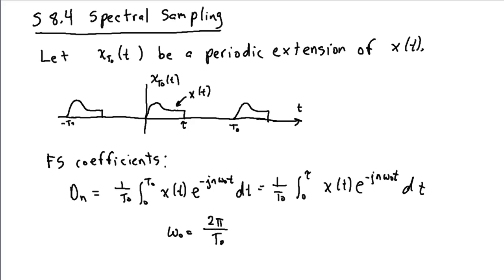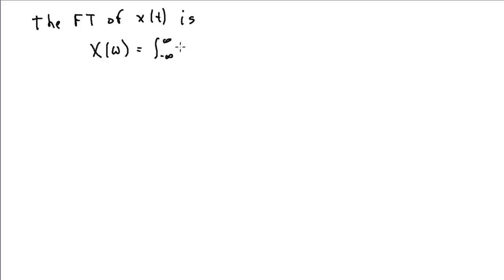Okay. So the corresponding Fourier transform of x of t, this is just the base function, so it's not the periodic extension, but the Fourier transform of x of t is, by definition of the Fourier transform integral, the integral from minus infinity to infinity of x of t e to the minus j omega t dt. Again, because our x of t is of finite duration, it only exists between 0 and tau, this integral reduces to this one.